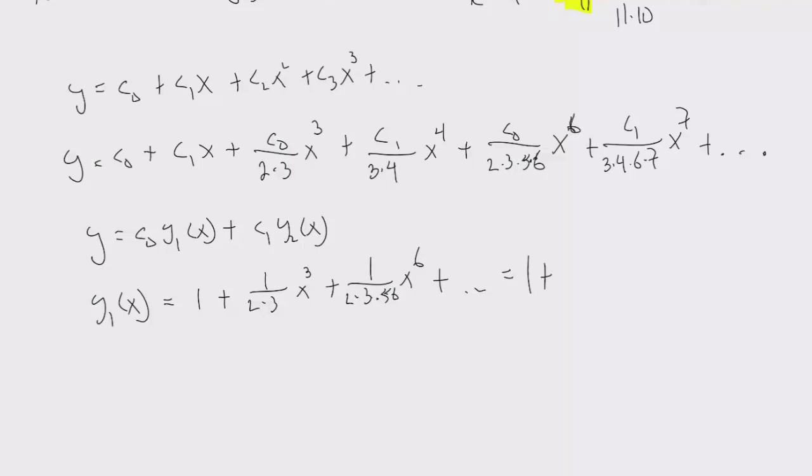which really we can combine into a singular summation pattern here. So, let's see, 1 over 2 times 3 dot dot dot, and in general it's 3k minus 1 times 3k x to the 3k, and then our other solution,